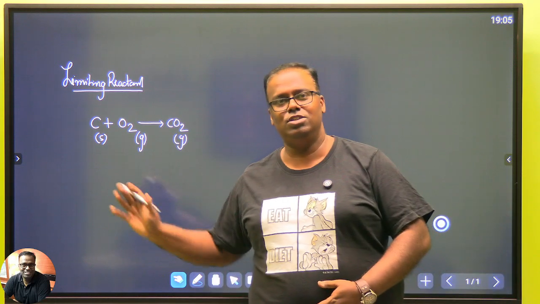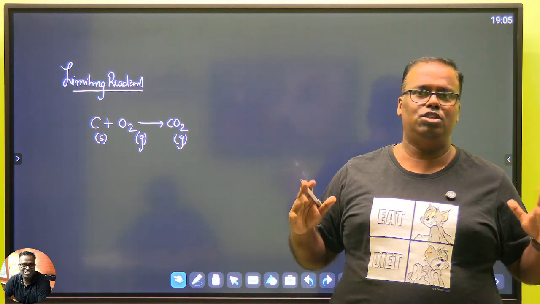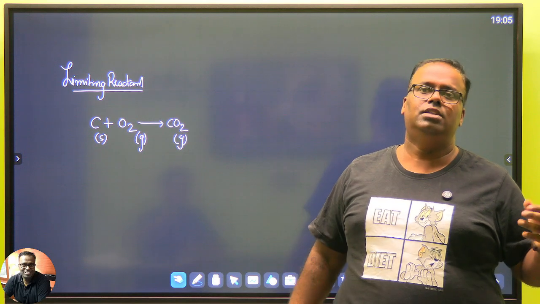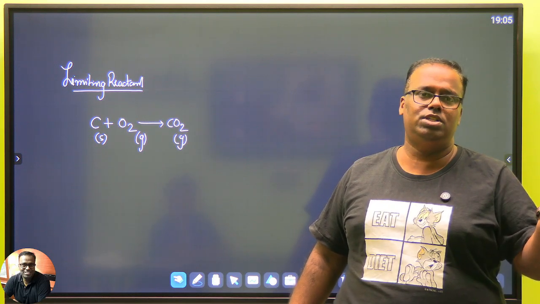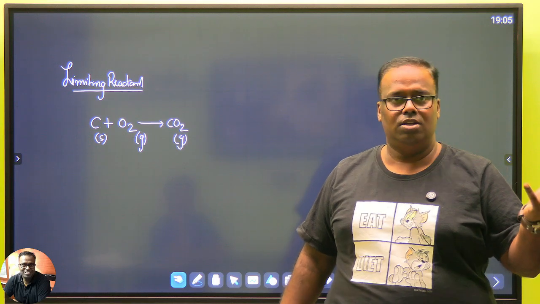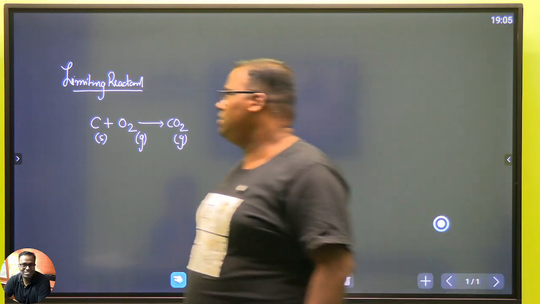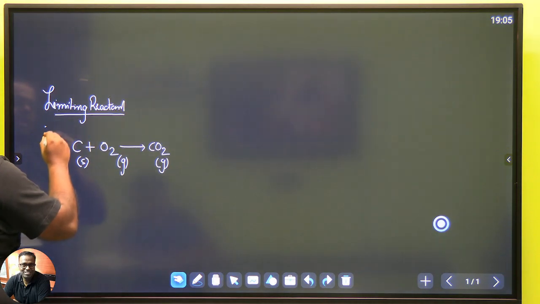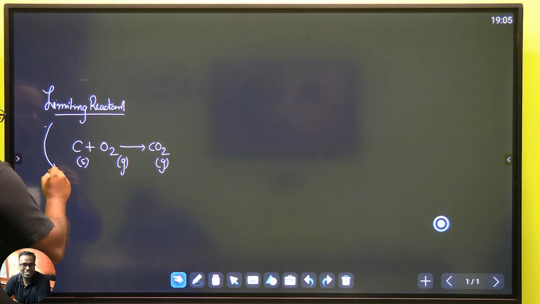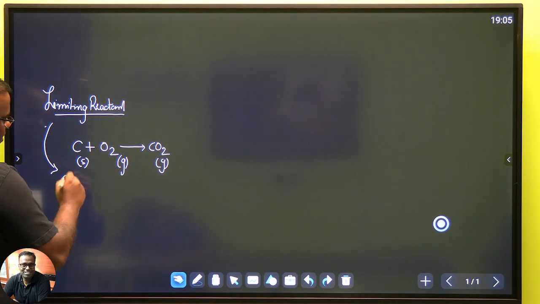So did you understand the concept? If you are a chef in the kitchen, the ingredient which is limited to you will control how much of the finished dish you can make. Have you understood? So this is the concept of limiting reactant. So what do we call the limiting reactant? Limiting reactant, we write, the reactant